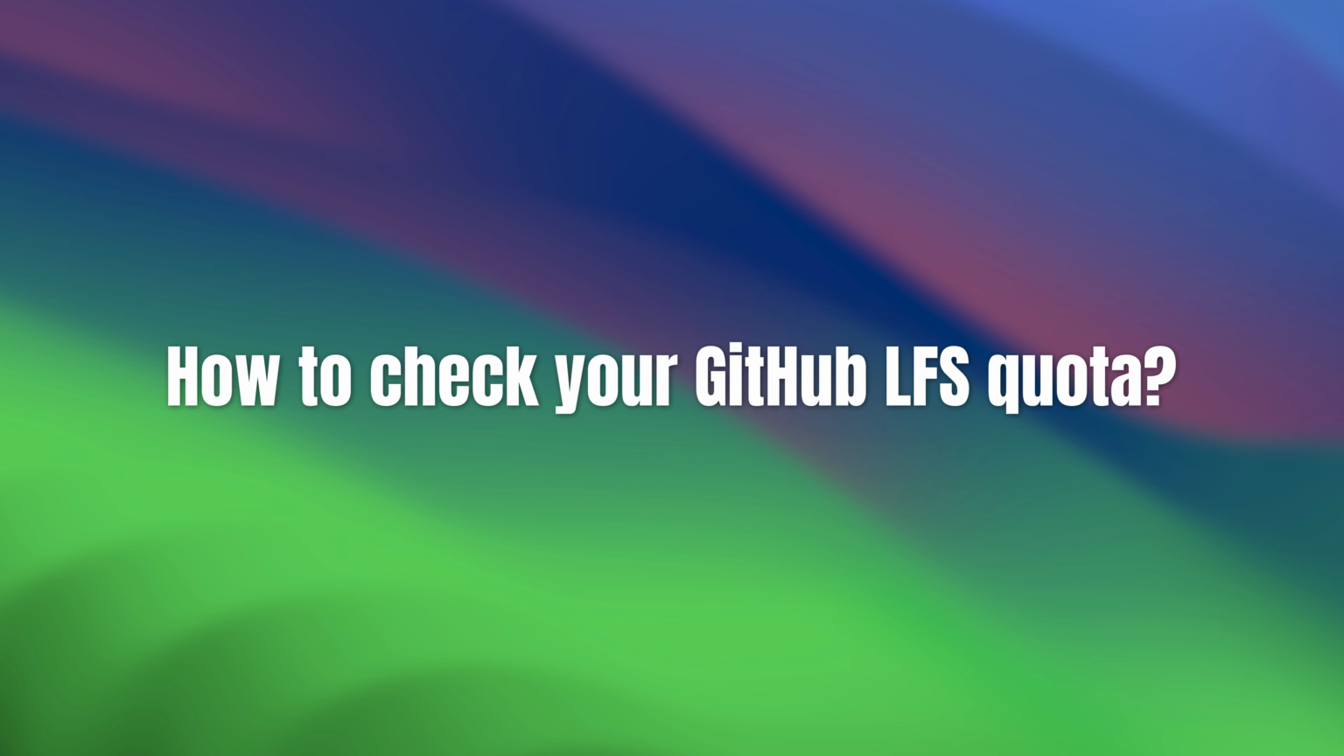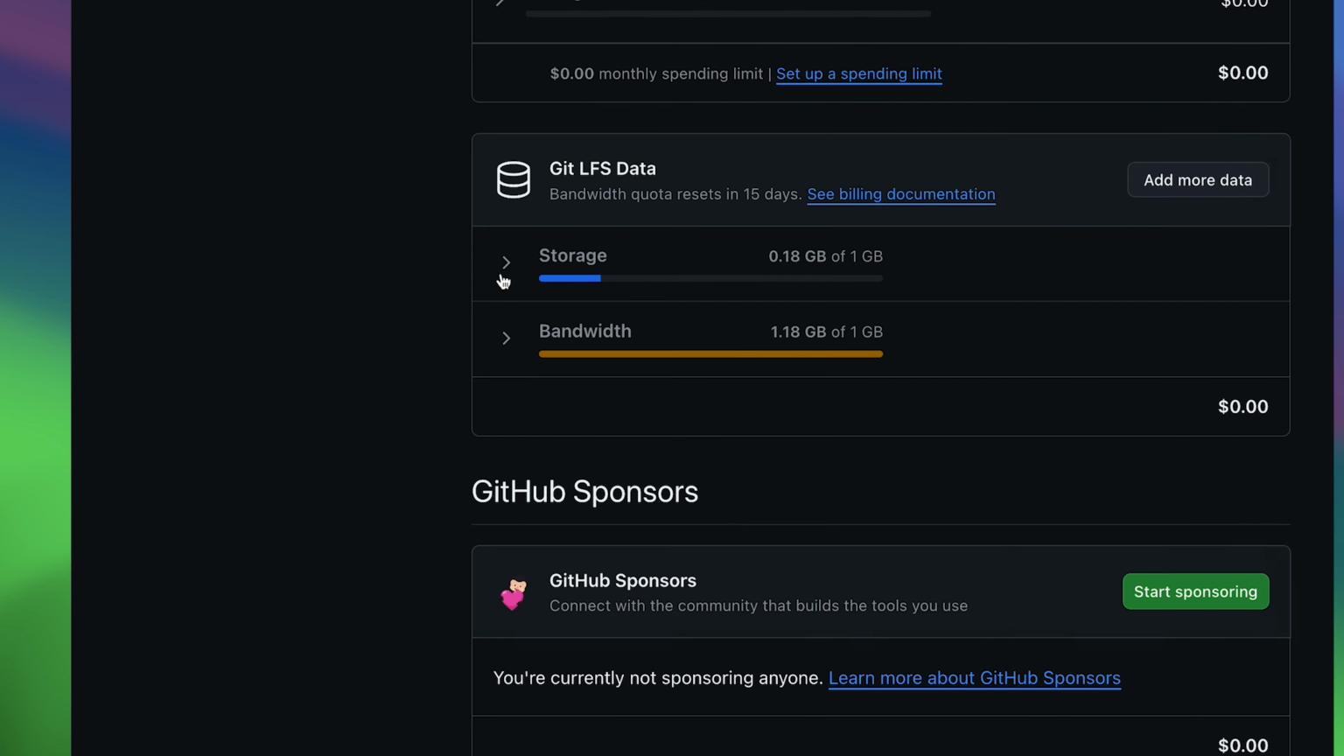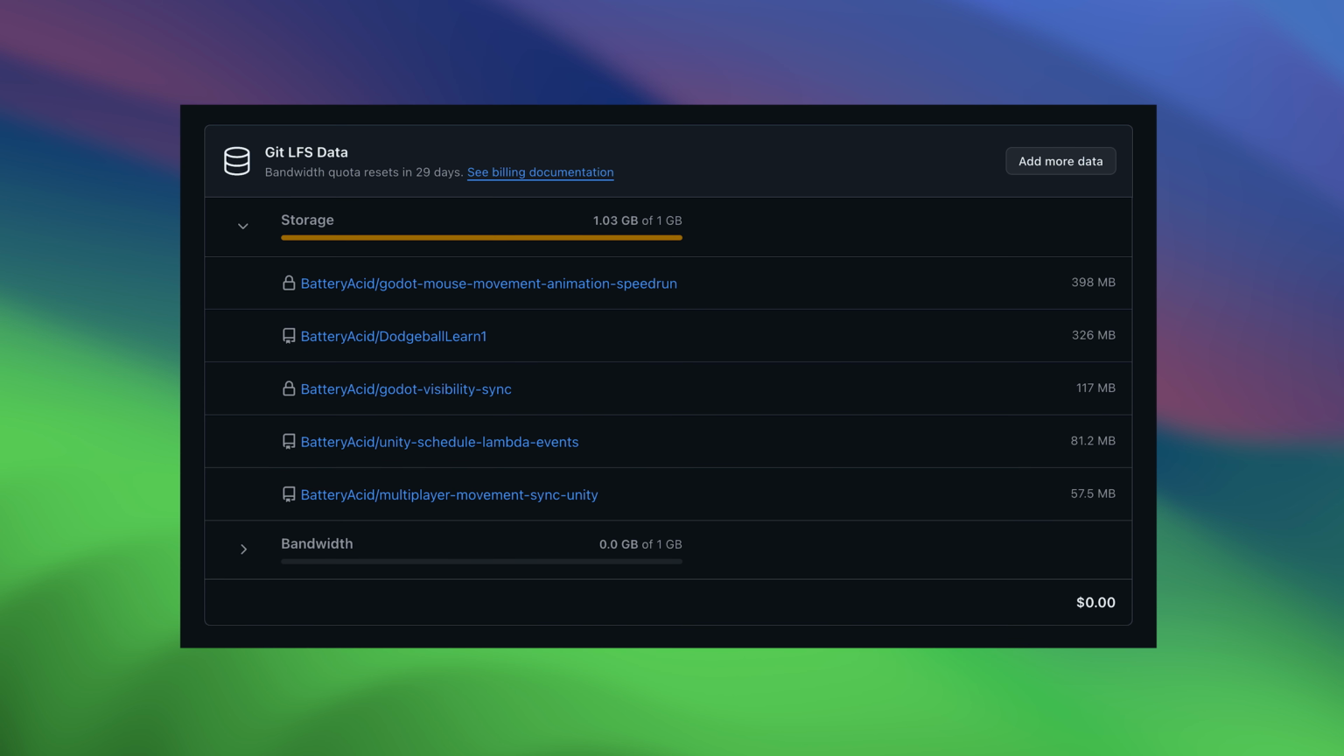Sometimes the universe sends you a sign. In this case, it was a quota exceeded message from GitHub. I have a free GitHub account, which means you're given 1 GB of free storage for LFS objects. So checking on my account under settings, billing and plans, select plans and usage, and scroll all the way down to Git LFS data. And here it displays the total usage along with the size of your top 5 repositories. And as you can see here, I was a little over my 1 GB quota,